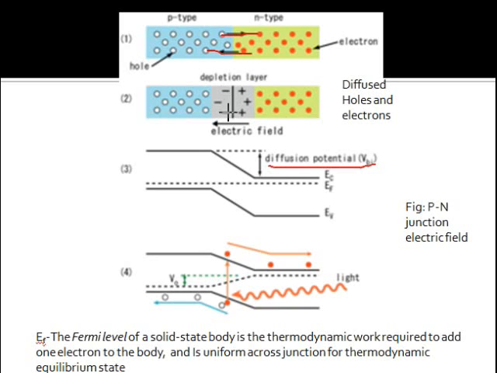So they will be waiting for some energy to come and act on this, so that they will enter the other side of the junction. What we see here is a conduction band, and this is a valence band. Before doping, there will be something called Fermi energy. This Fermi energy EF is nothing but the potential of the electrons to enter into the body and interact with the surroundings. It is something related to atomic level physics.